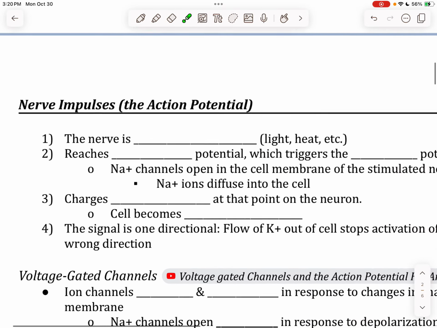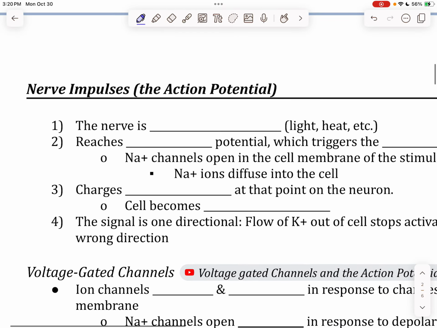Okay, so the nerve is stimulated, by light, heat, or even a signal from somewhere. So if the stimulation is large enough, and what I mean by that is if it is above a certain threshold,